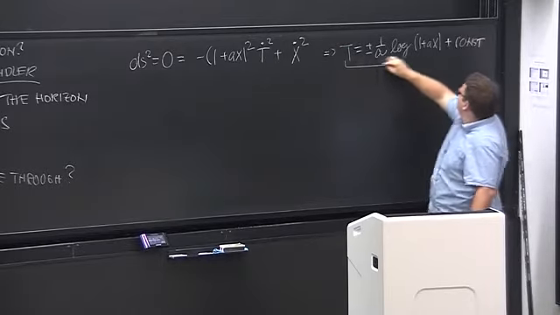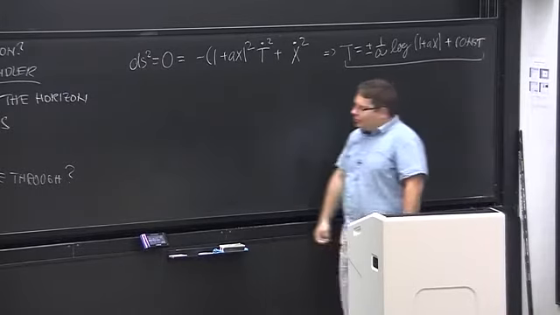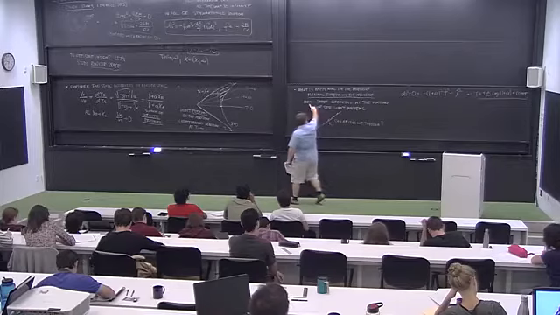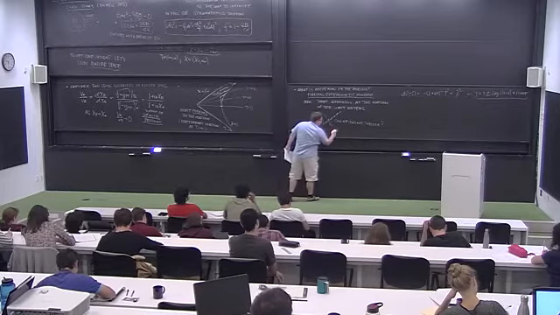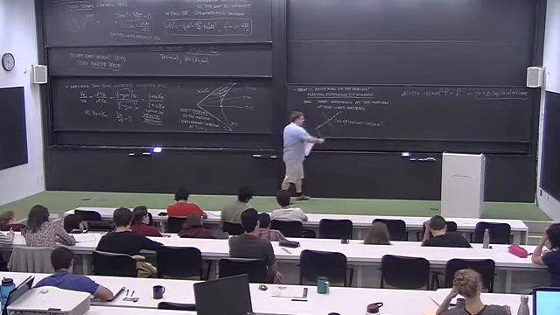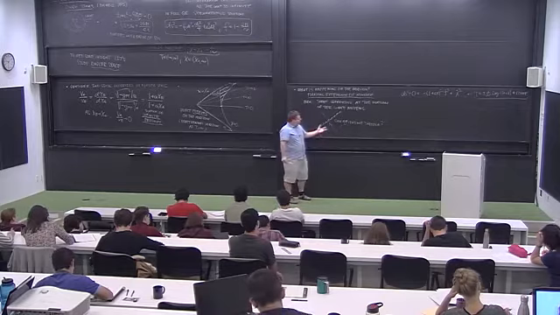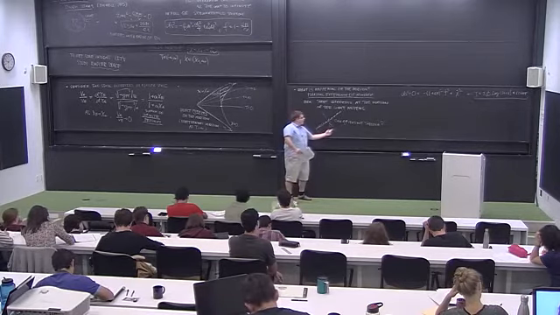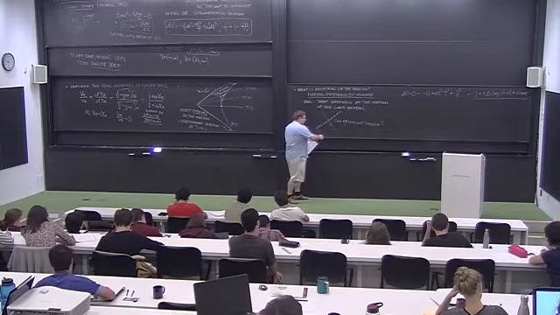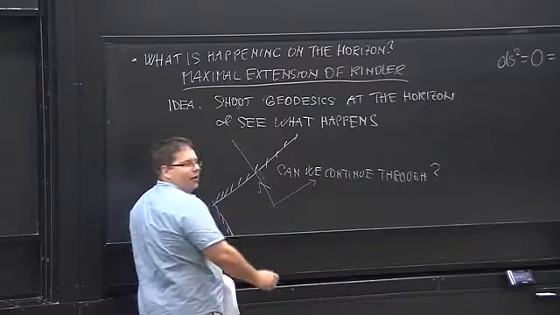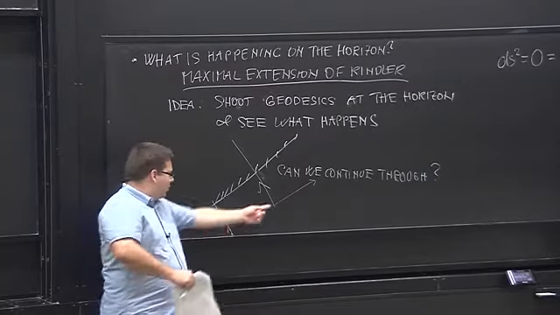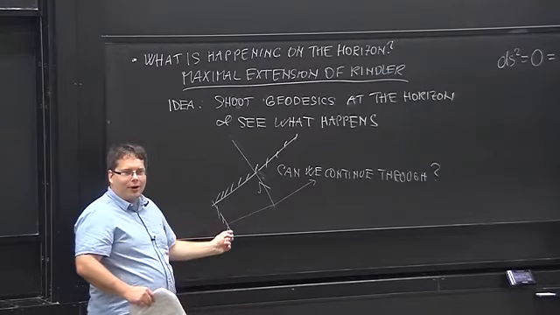So this is the equation for a geodesic, where plus minus basically stands for whether I am shooting this radial geodesic, or that radial geodesic. One of them will correspond to this one, the other one will correspond to that one. Why I'm interested in both is that I have two horizons. I have the future horizon, which I want to extend through, but I also have the past horizon here, which I want to extend through. So now this geodesic is interesting, because it is actually trying to go through that horizon.